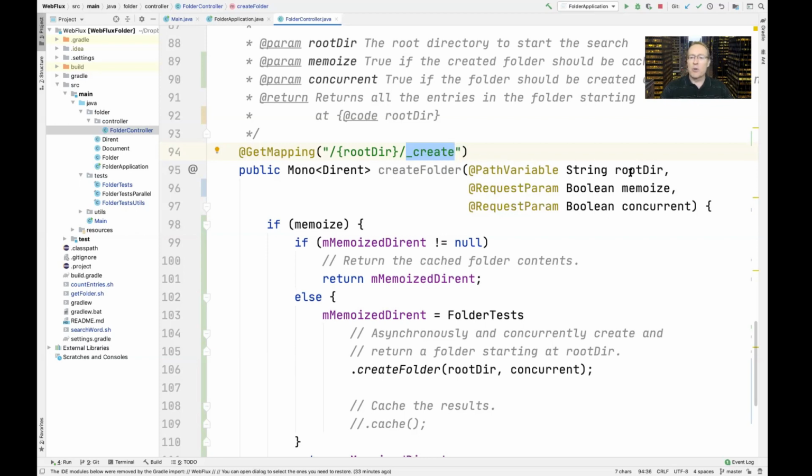You can see that root dir is the path variable. That's the part right up here. And then we have a couple of request parameters. We have whether we're memoizing or not, and whether we're going to run the processing concurrently or not. So those are things that we can control. And obviously, these are parameters that will be sent from the client to the service in order to carry out this processing. Now, some of this stuff I just added recently, so it's still a bit in flux, but basically